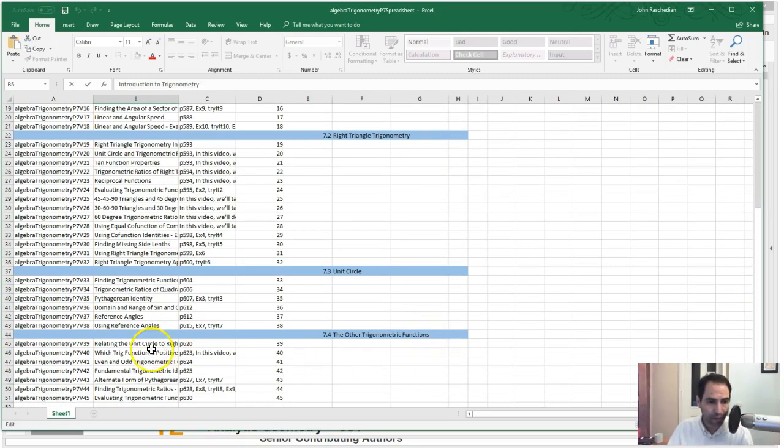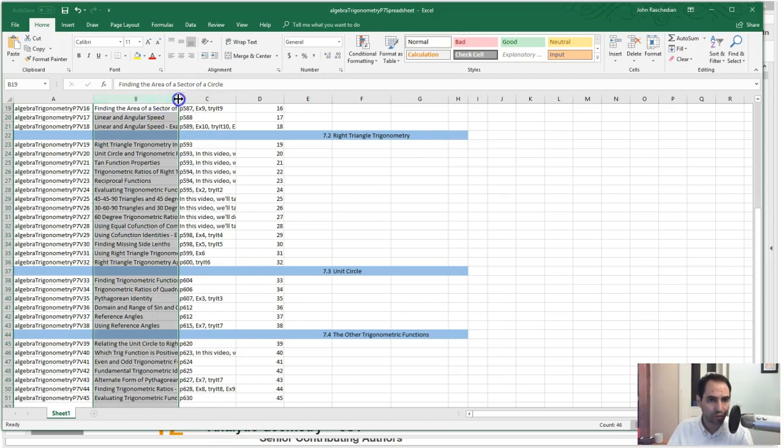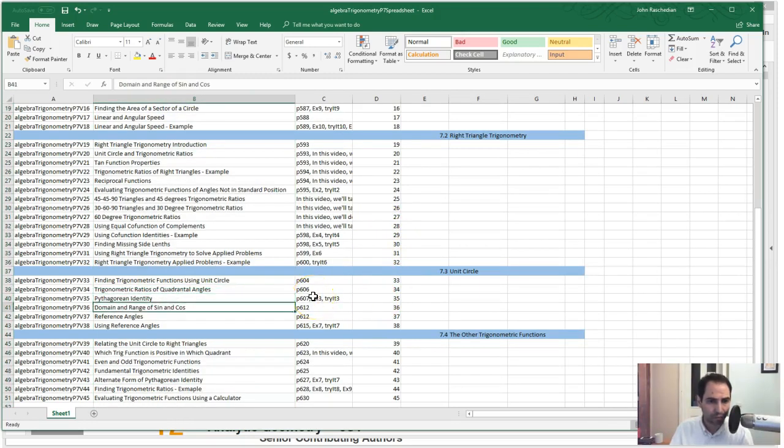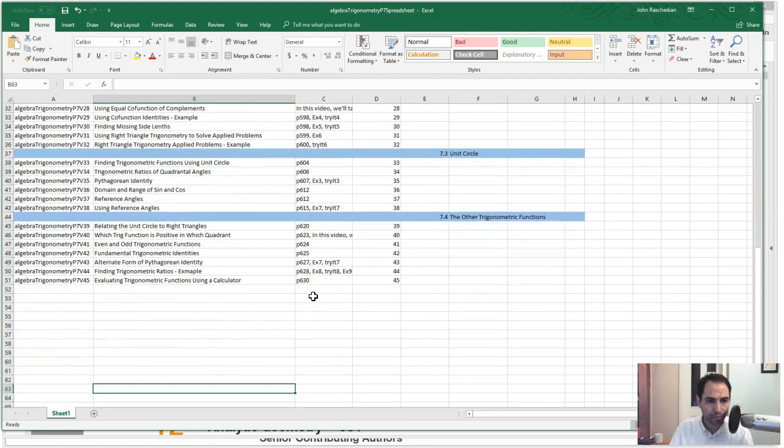For example, we talk about the fundamental trigonometric functions, also relating the unit circle to the right angles,